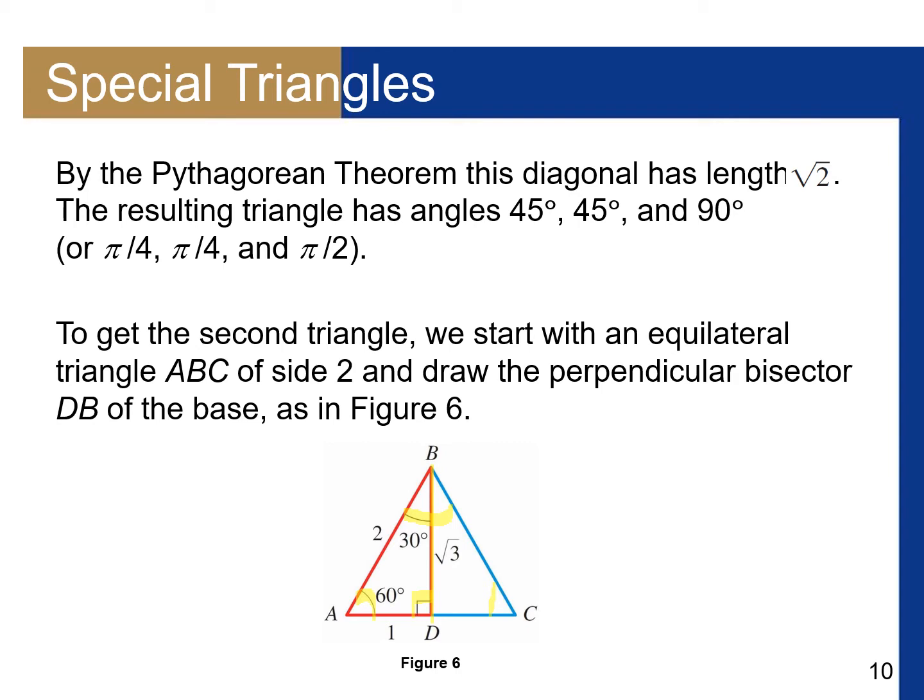Now, if we start with this side of the length of 2, we will find that this side across from 30, and that's what is key here to remember, across from 30 degrees is 1. The hypotenuse then would be double that. And then by the Pythagorean theorem, where we have our a squared plus b squared equals c squared again,